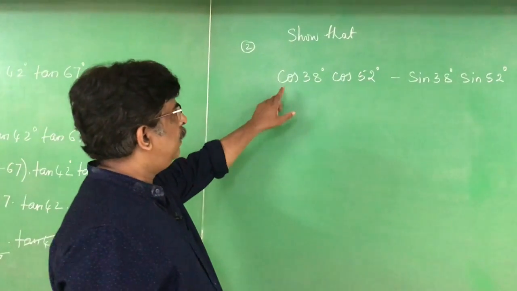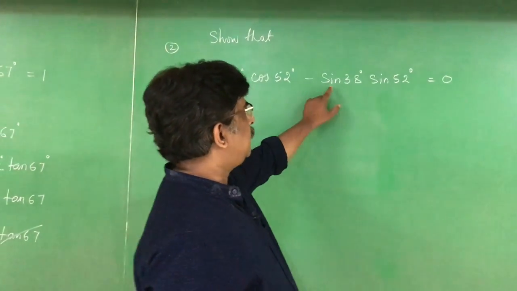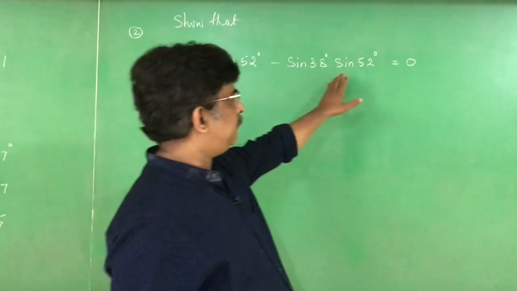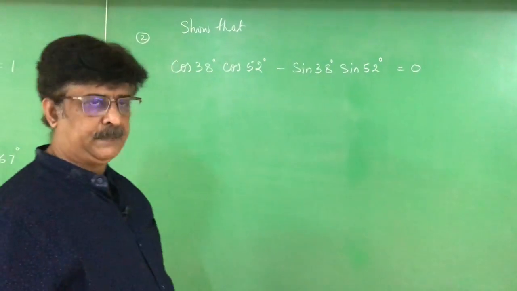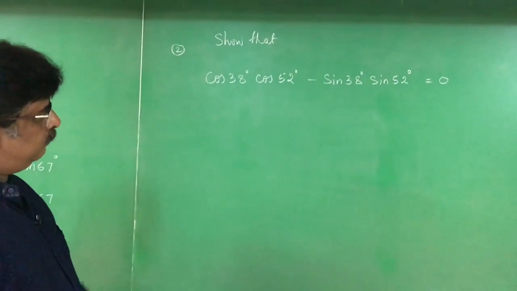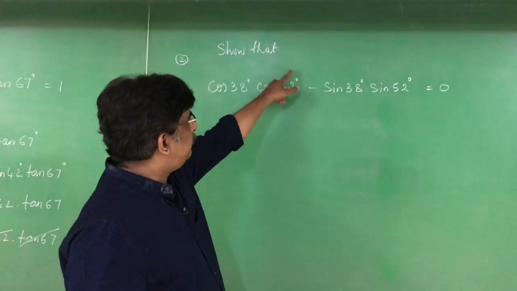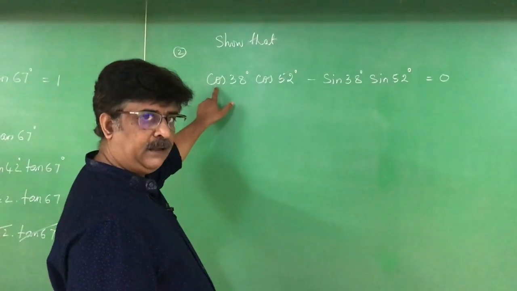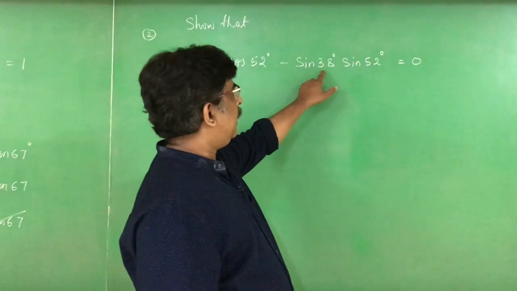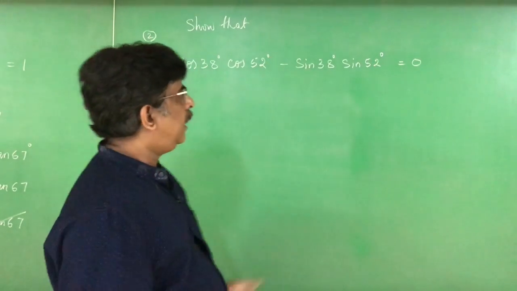Here, show that cos 38 degrees cos 52 degrees minus sin 38 degrees sin 52 degrees is equal to 0. This is the LHS part. This is the RHS part. Tell me, any guess what I can do? Here also 4 things are there. Here what I do is, I change this part. Cos is there. If I change, it becomes sin. This also becomes sin. This is sin as it is, I keep. Both are sin. Then I cancel, I get 0. Right? I use that trick.